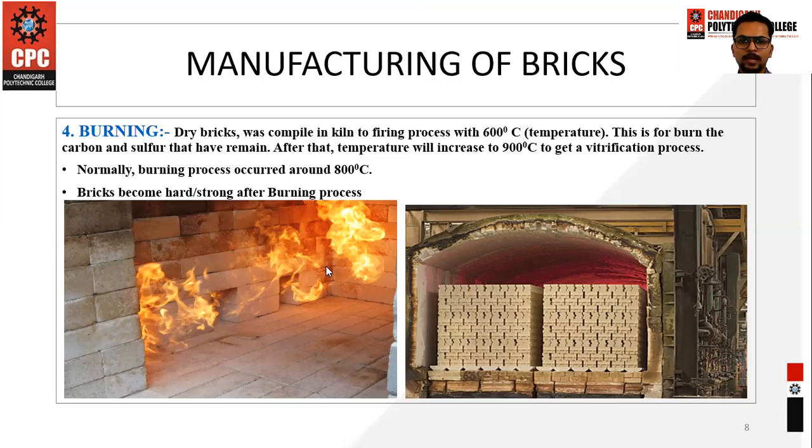There are basically two types of burning which can be achieved. The first is clamp burning, second is kiln burning. Clamp burning was done in earlier times, whenever no kiln process was available. Clamp burning is a temporary process, and the quality of bricks we get from it is not recommended for first class bricks or important structures, because in clamp burning it is totally uncontrolled. You cannot control the fire, because it is a temporary mud structure that you have to construct.